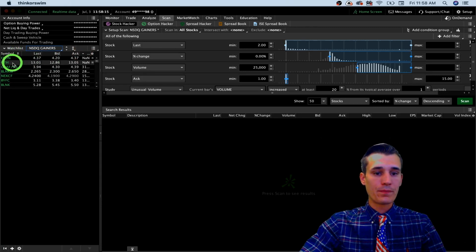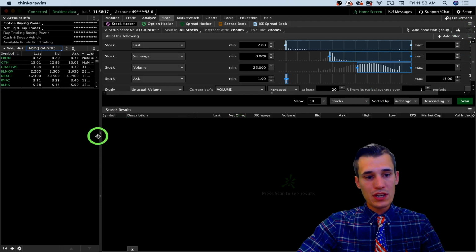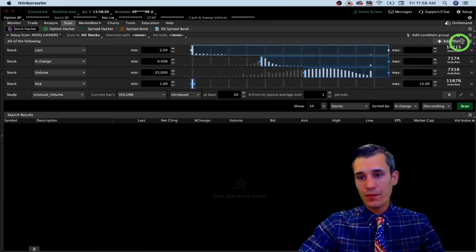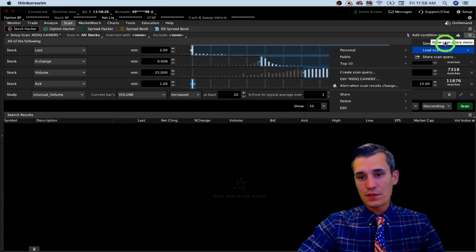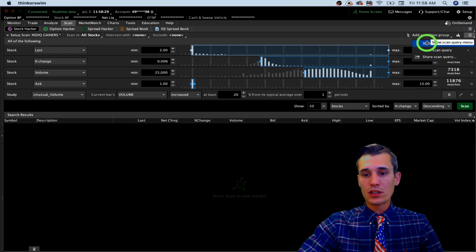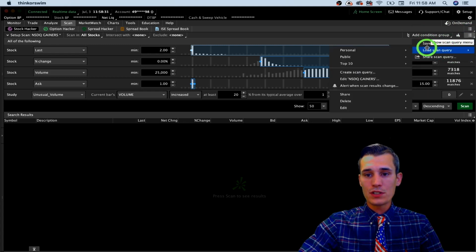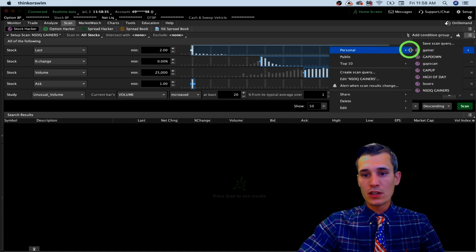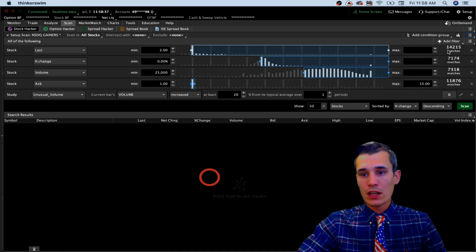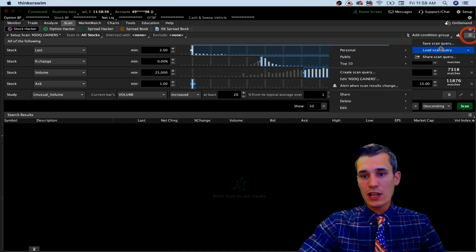And in order to save your scan, you can go up here and go to save scan. In order to load a scan you've already saved, you just hit load scan, personal, and then all your scans will be right here. Okay, so to show you my large cap scans,